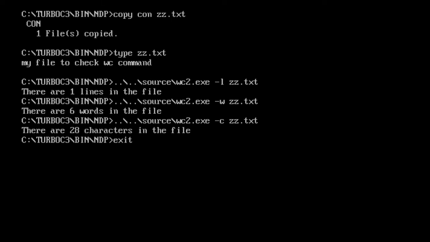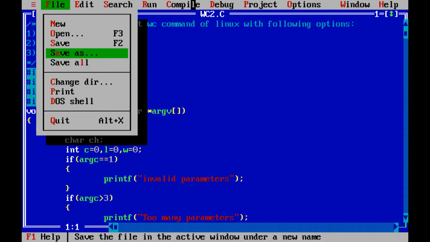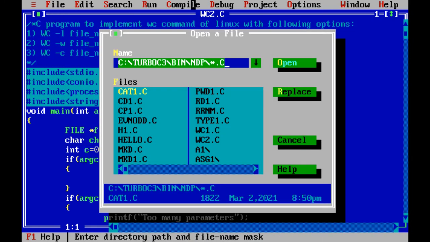So one problem here is, on my setup on DOS shell, I am unable to type multiple lines. As you have seen, when I press enter, the file gets created and it gets closed. So I'm not able to type the second sentence by using enter because I want to check the -l option. So for my convenience, what I have done is, I'll quickly show you. I have created a text file in here.